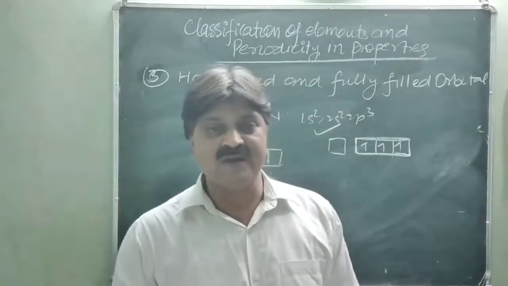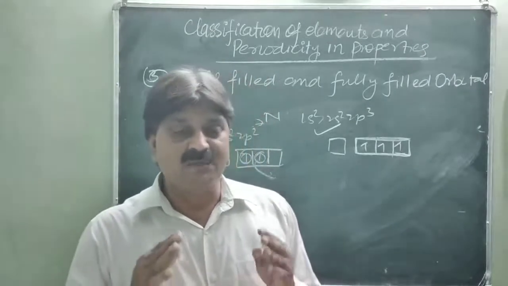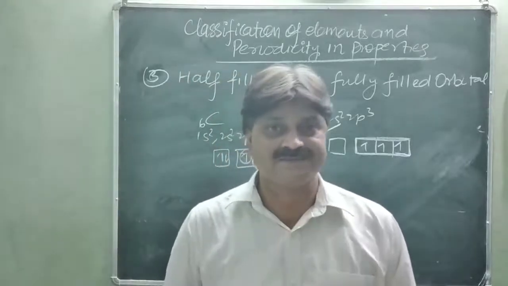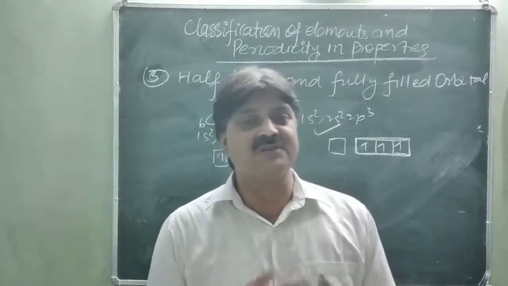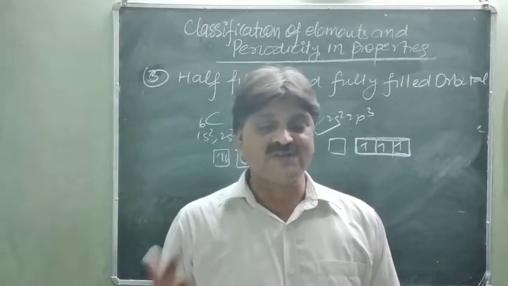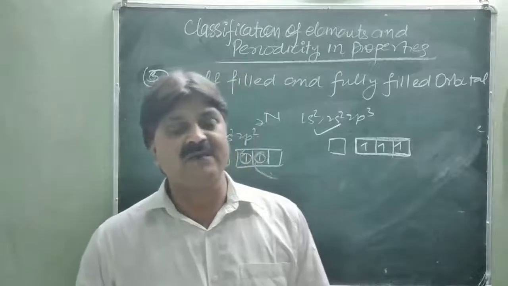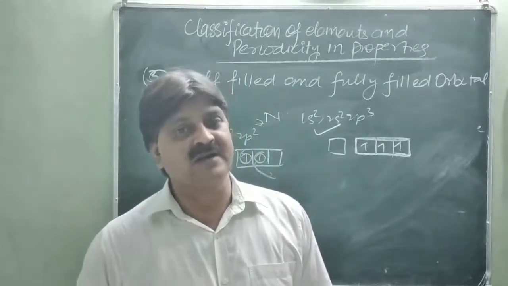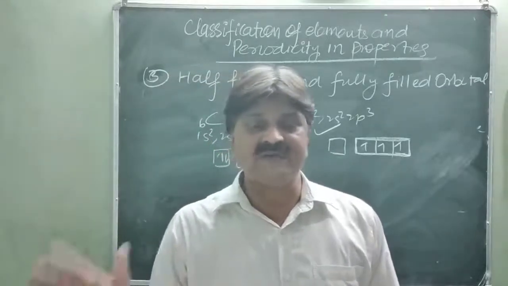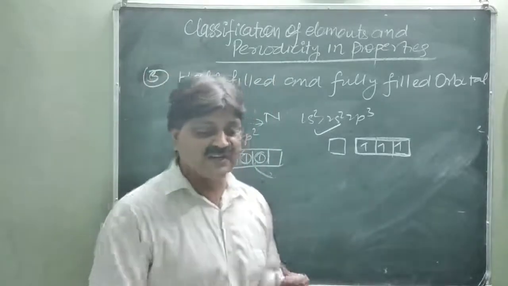One thing also keep in mind: the atom which has a completely half filled or completely full filled outermost shell will have more ionization enthalpy, because it achieves extra stability in these cases. So this also affects the ionization enthalpy. In case of partial filling, neither full filled nor half filled, less energy is required to pull the electron as compared to the atom having a completely half filled or completely full filled shell. Is that clear? The next factor is the screening effect or the shielding effect.